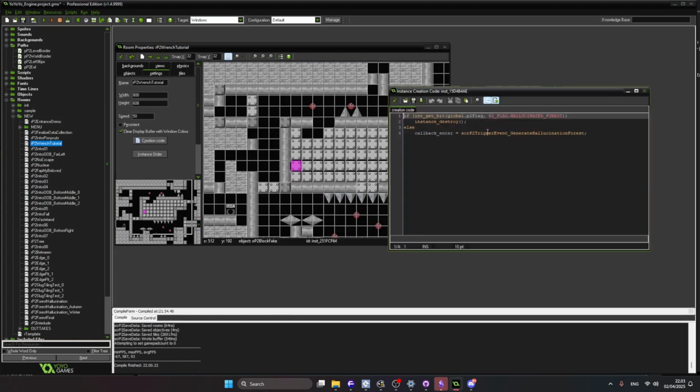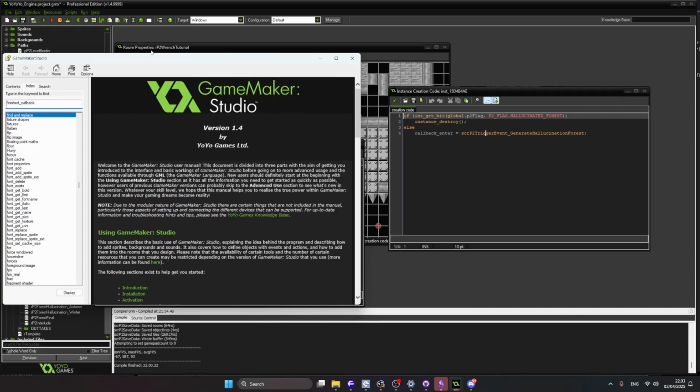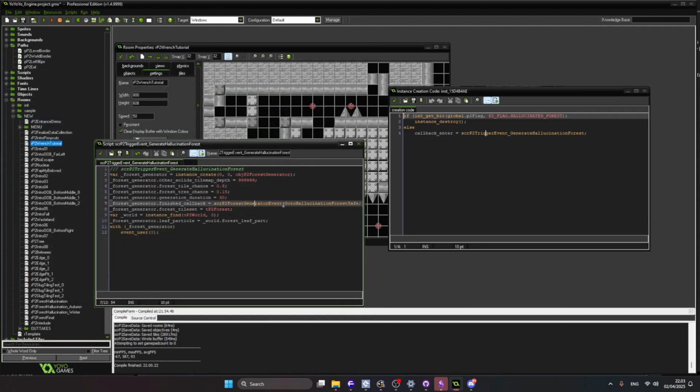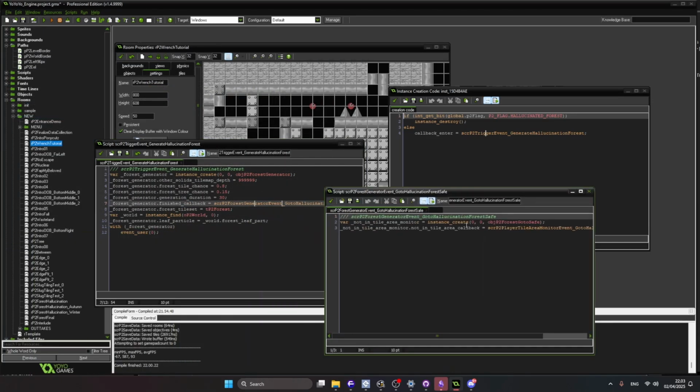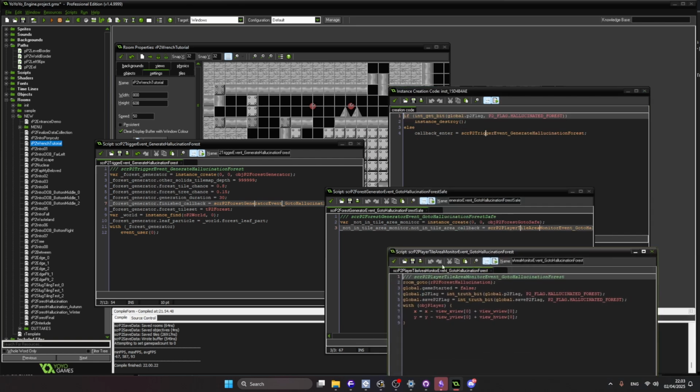But here it's just like, okay, well, I need this thing to happen. And this thing also has a callback. So that's going to do that. So if we go into this thing, and this thing has a callback. So it's going to do this. And then finally, after looking through 4 scripts, you've gotten somewhat close to remembering what it's actually doing. But every single time I wanted to do this callback shit,